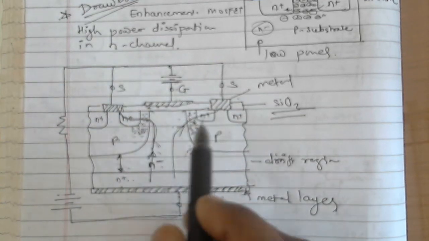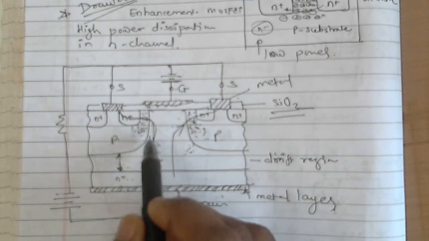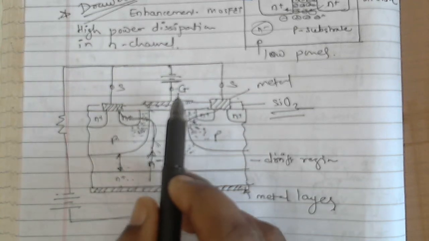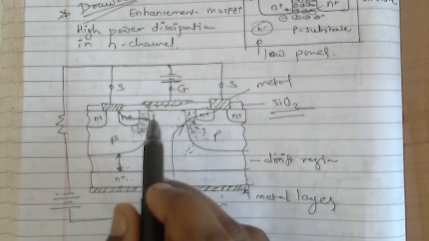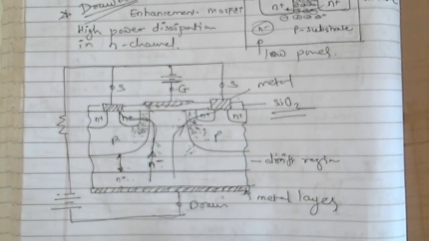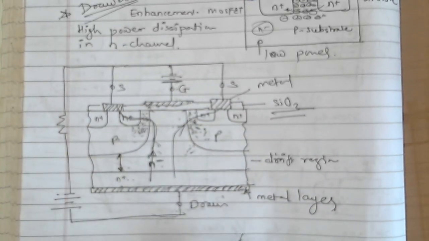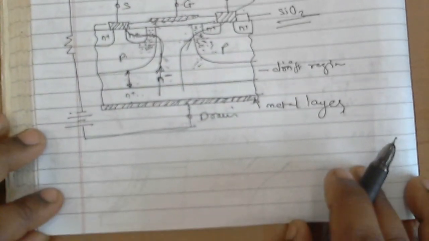So obviously the drain to source current is established, and as you go on increasing the gate voltage, this ID further increases, and the main current conduction starts. So this is how the MOSFET works. Now let's see the characteristics of a MOSFET.